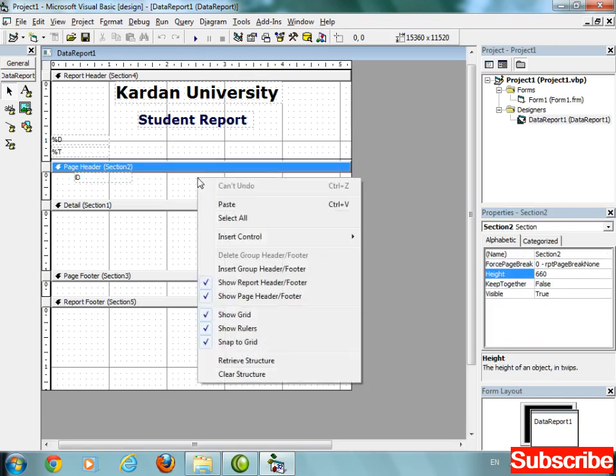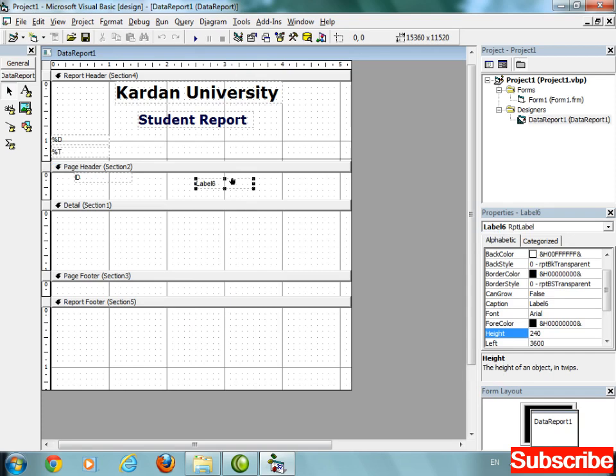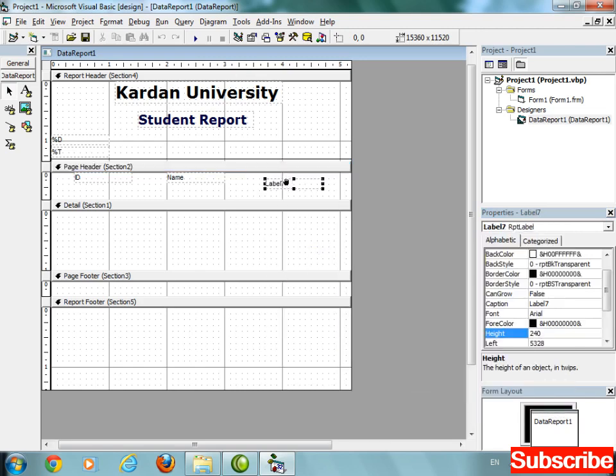Insert another label. The second one is for name. And the third one should be for address.